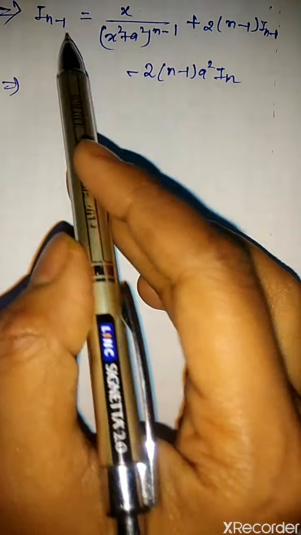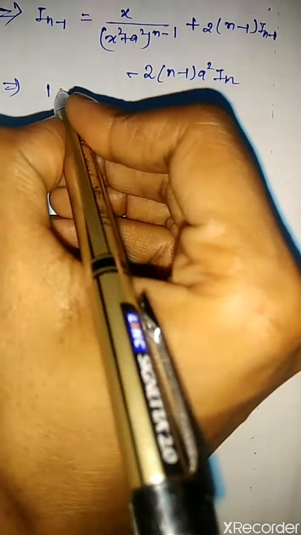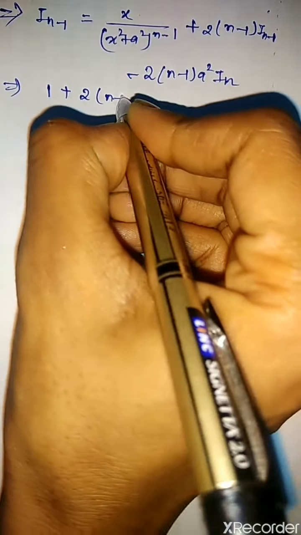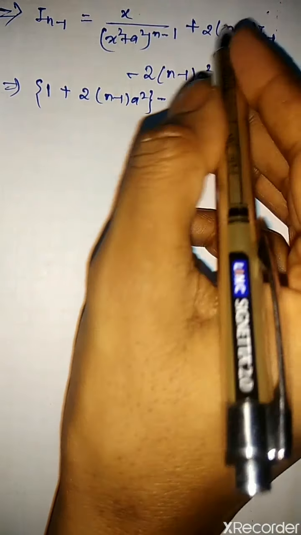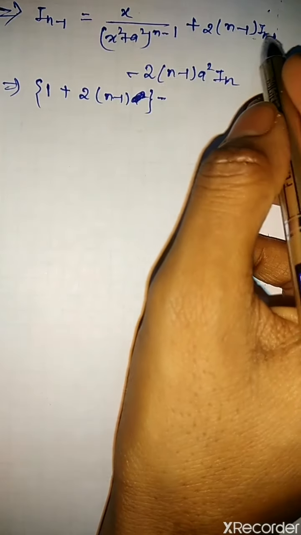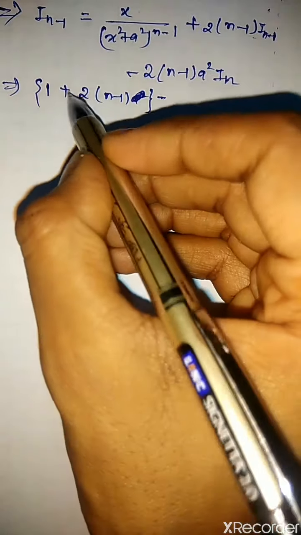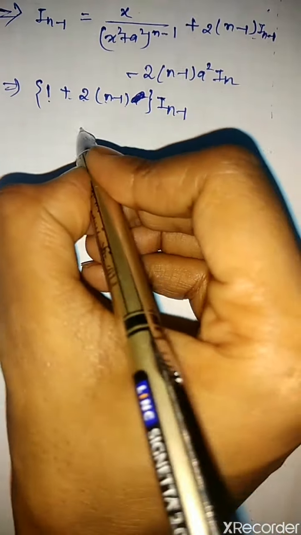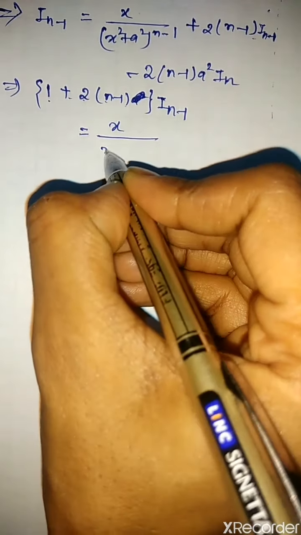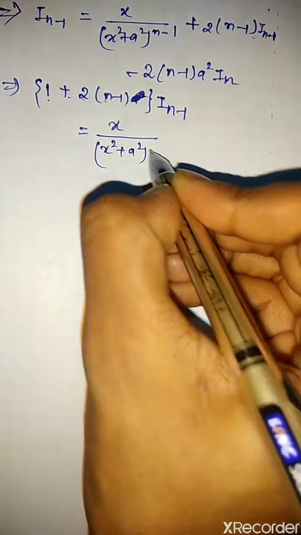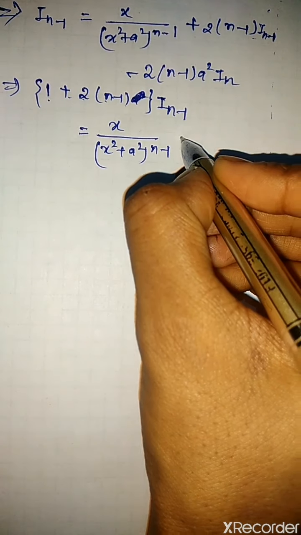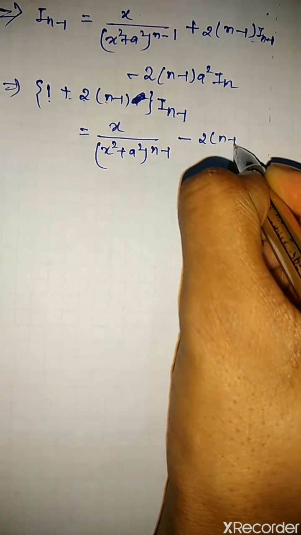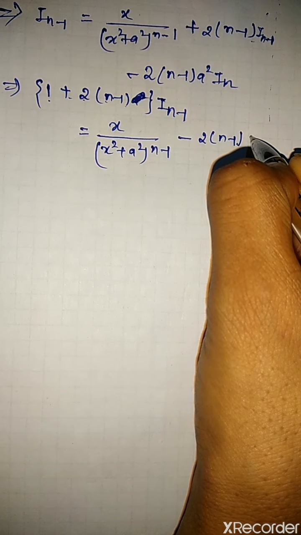Now this implies the I_n is taken to the left hand side, so we are left with 1 plus 2 times (n minus 1) a square, and then I_{n-1}. We are taking this one on the left hand side, so we are left with 1 plus 2 times (n minus 1) I_n, and the right hand side is equal to x divided by (x square plus a square) whole to the power n minus 1, and then we have minus 2 times (n minus 1) a square